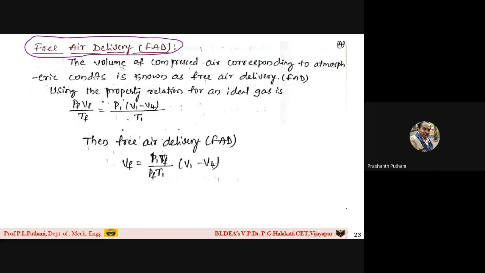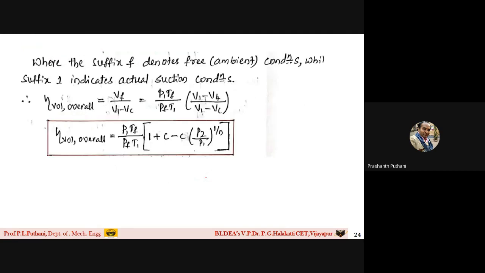So, using a small relation we have established saying that free air delivered conditions, that is pressure, volume, and temperature, given as a suffix F, the free air delivered with respect to the pressure, volume, and temperature with the clearance volume, that is V1 minus V4. We can write volume of air free delivered Vf is equal to, these two terms come to the other side, we write it as like this. So therefore,